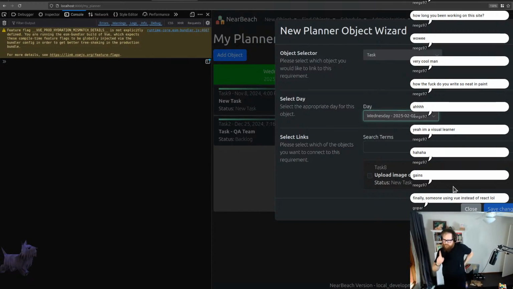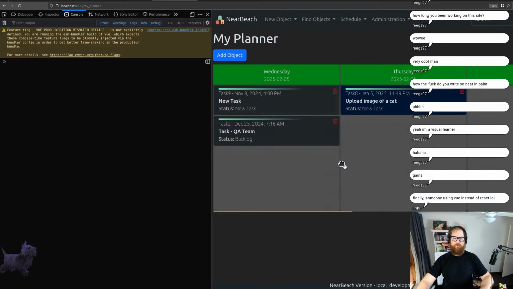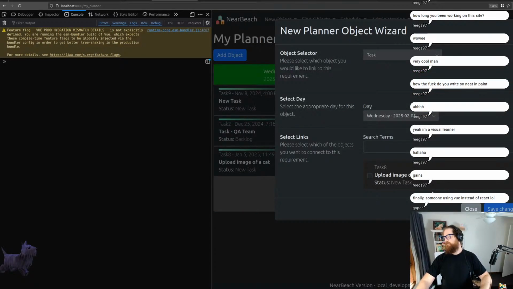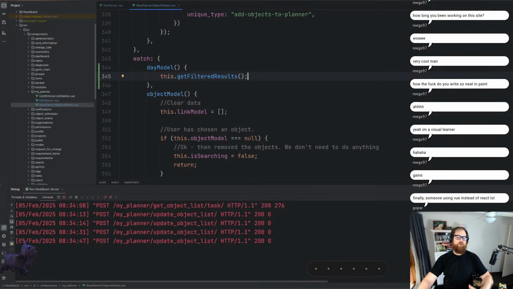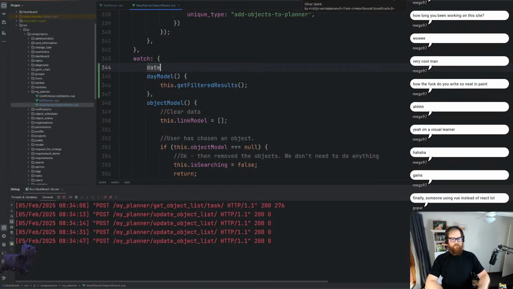Now there was a bug there, and I'm so glad I spotted that. So if we have a look at Wednesday, we've got none there. If I move that in and then click on this, notice how nothing happens. We need to add a watch onto the prop itself. So the data, sorry,